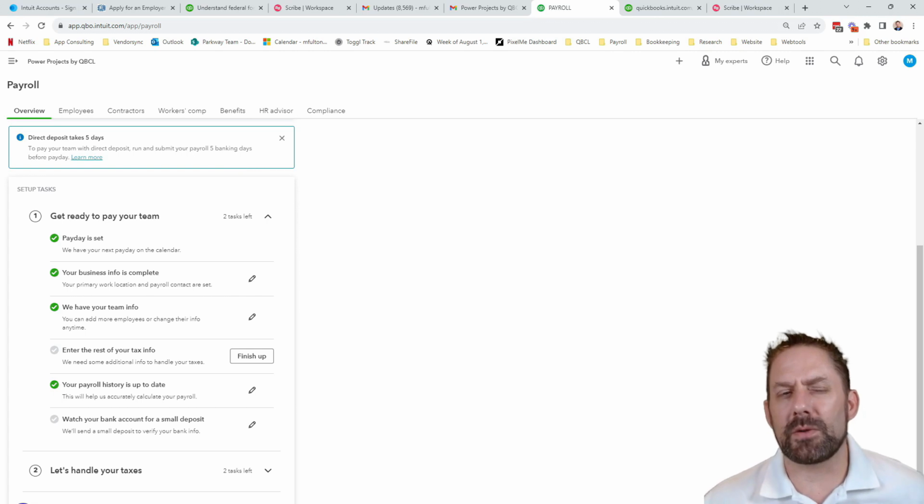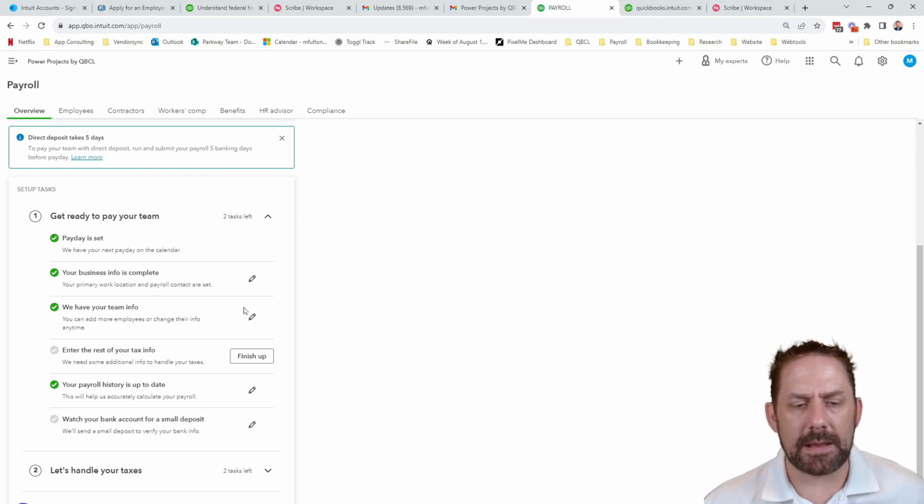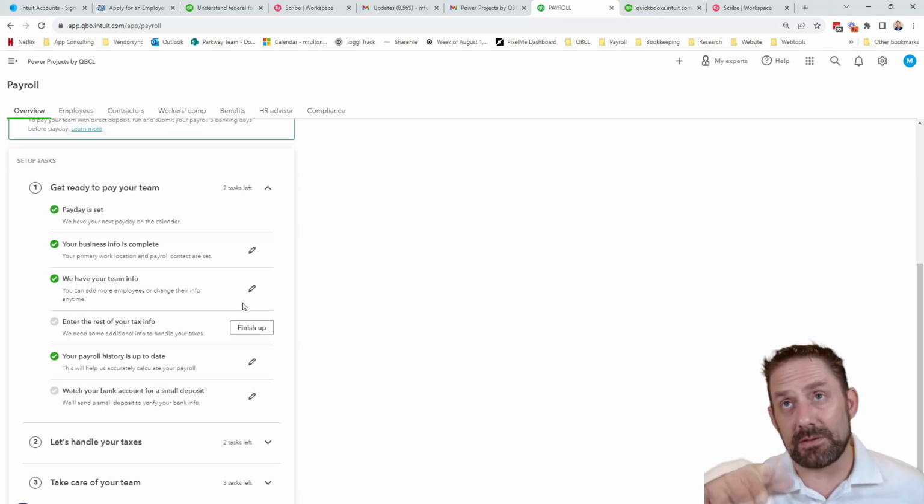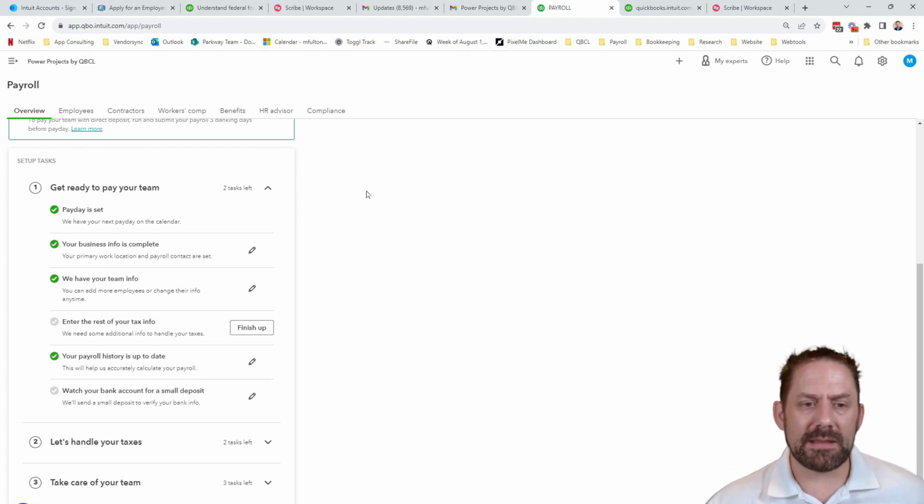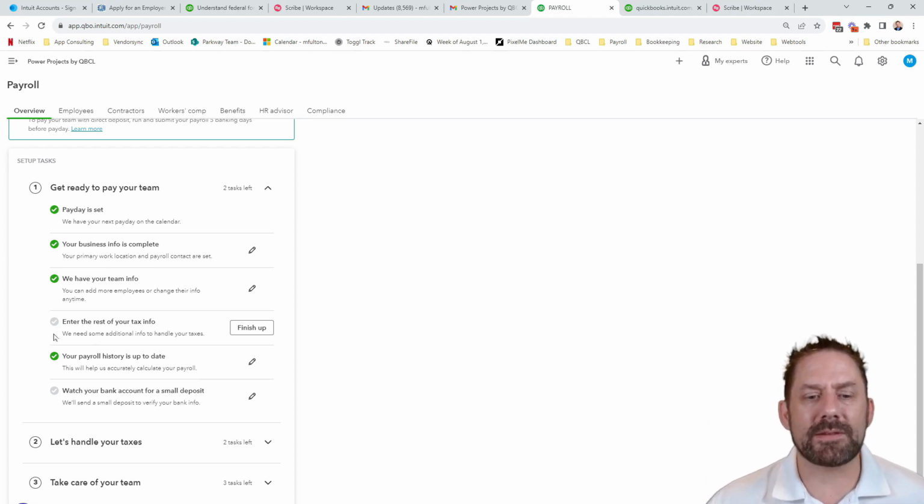Because it's brand new, once it's going, it should be faster than that. It's supposed to be next day. And actually this level and higher, even same day, which means you pay them by 5, they get paid that night. So we can see that with all this, we still have to finish up entering the rest of our